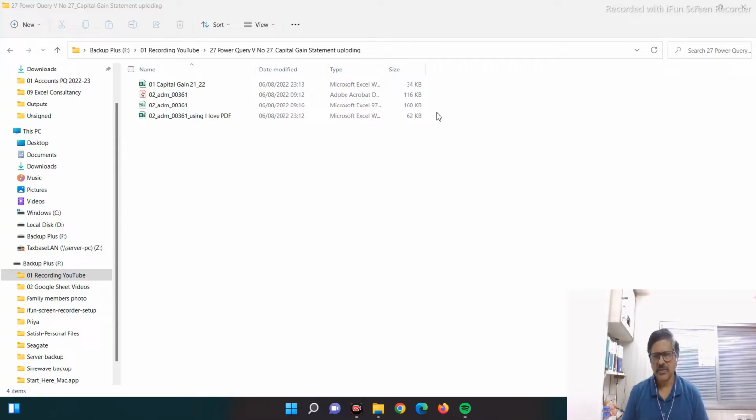In my office, we are using tax-based software where they made one Excel working where we can cut and paste our data, and from that file we import the data and our software works out the capital gain statement. So just to copy and paste the data in the Excel file, we depend on